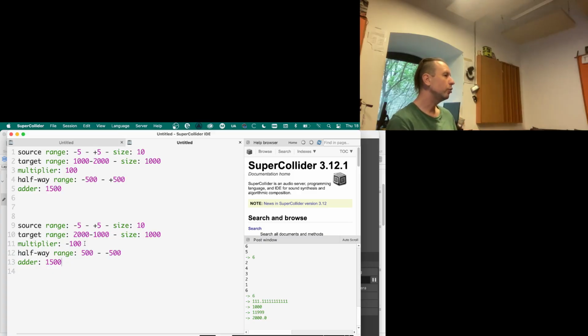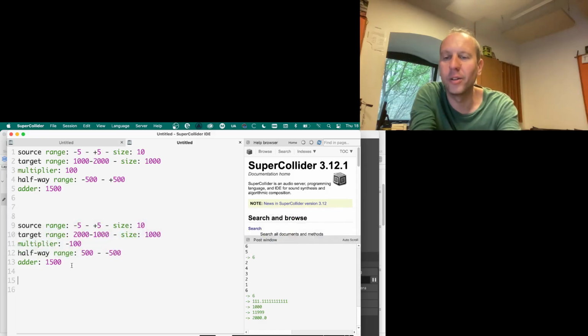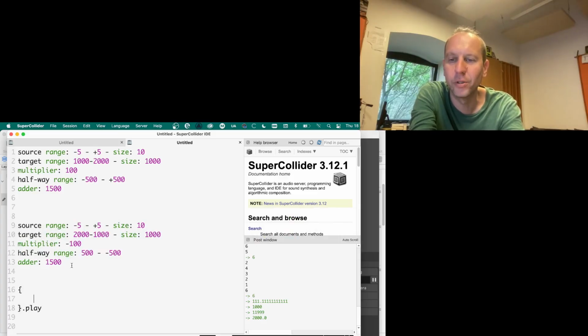In SuperCollider, UGens will respond to the dot range method, which will take into account the source range already, which means that you only need to specify the target. Okay, I'll show you this briefly. So in SuperCollider, I will do a very slow control rate thing so we just see the numbers. I'm going to take a sine oscillator at 1 Hertz. If I poll it, then I should see the numbers.